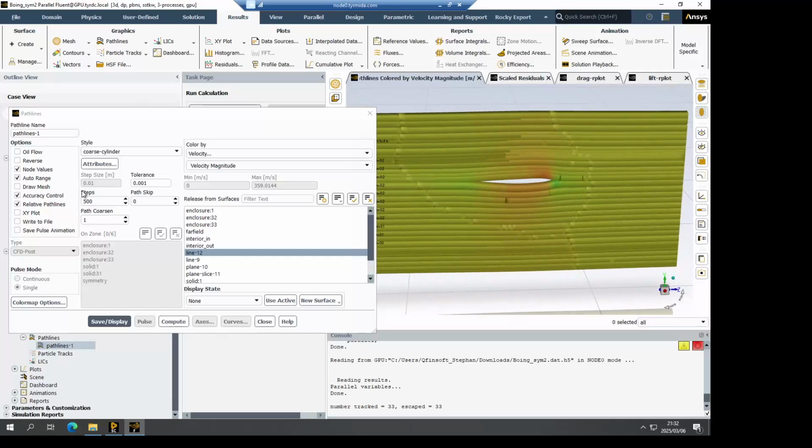Okay, there's our wing. It's a bit thick, so we can change the dimensions. So make it 0.3 maybe.